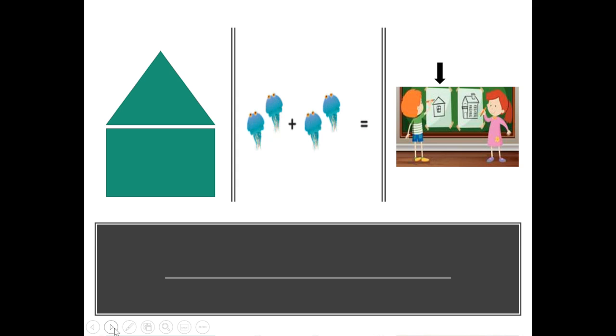In the second picture, I notice an easy math equation, 2 jellyfish plus 2 jellyfish equal 4. In the third picture, I notice one boy draws a simple drawing of a house and the girl draws a more elaborate, detailed picture of a mansion or house. So how are these pictures the same or similar? They all